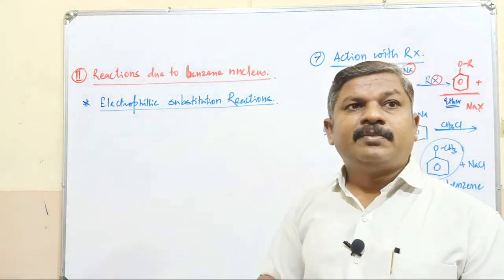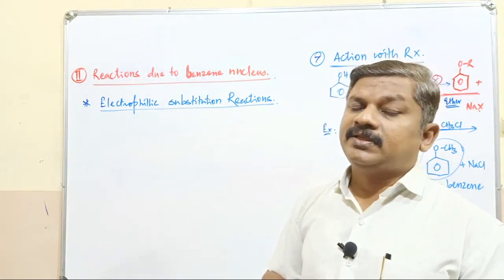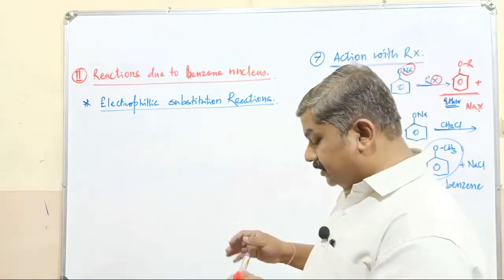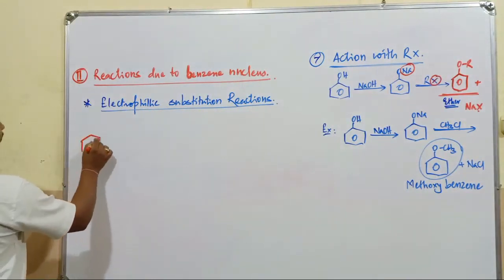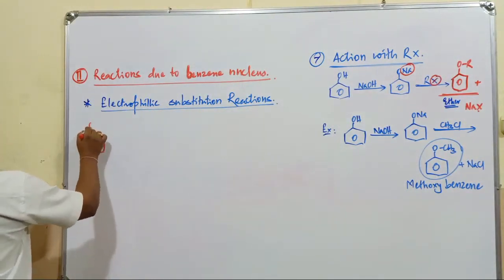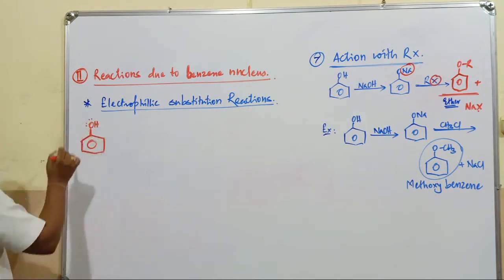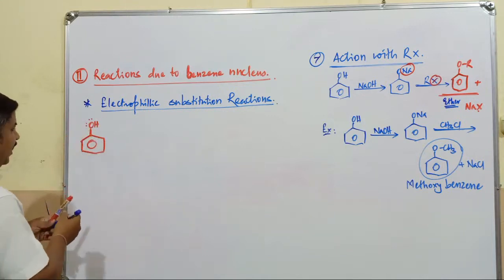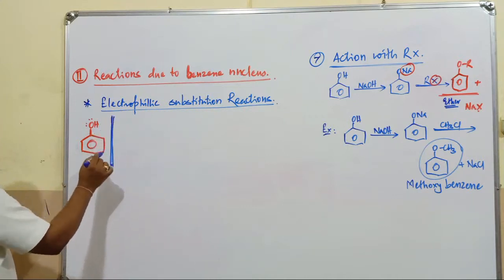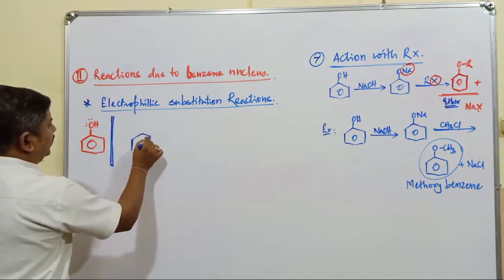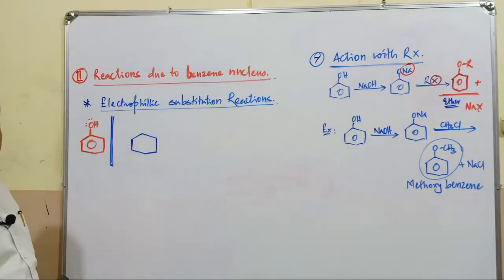But before going to discuss electrophilic substitution reactions, we have to concentrate on the resonating structures of phenol. About the resonating structures, we discussed yesterday, but anyhow once again I will discuss. Resonance structures play a very important role in identifying the directing nature of the substituent. Now this is a phenolic compound. The OH group is present with a lone pair of electrons. Now what are the resonating structures of this phenolic compound? We discussed in yesterday's class itself the stability of phenol and what? Phenoxide ion. Which is more stable between phenol and phenoxide ion?